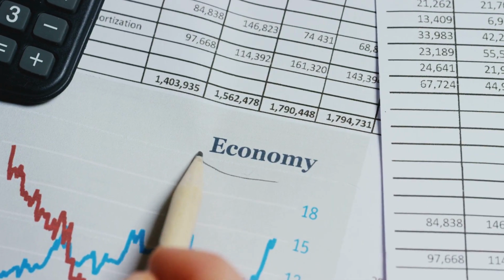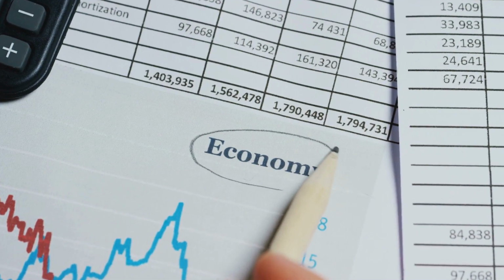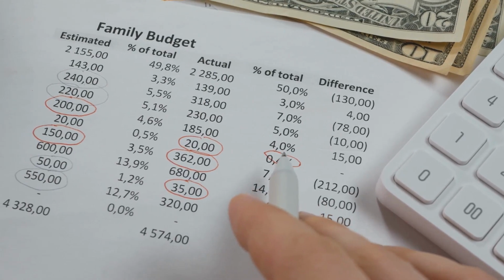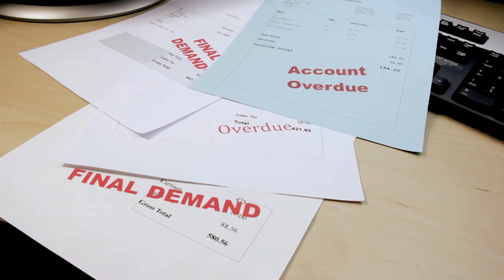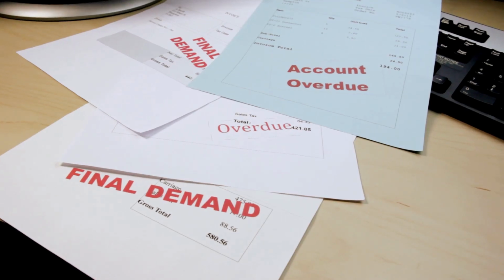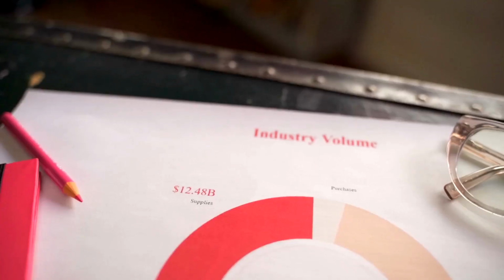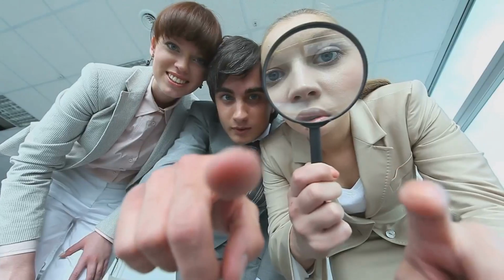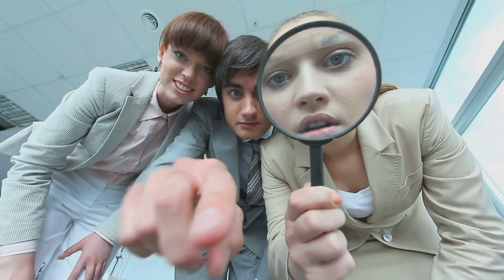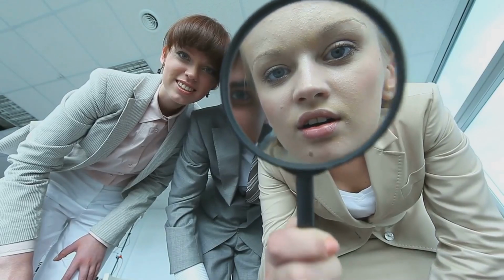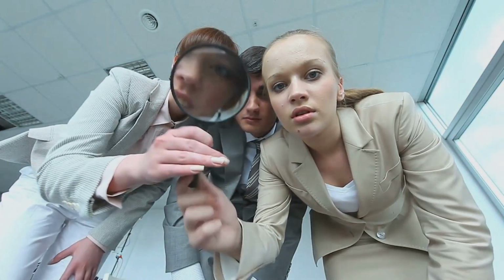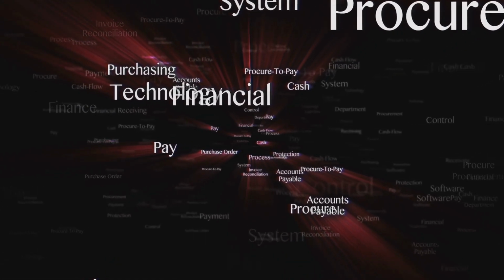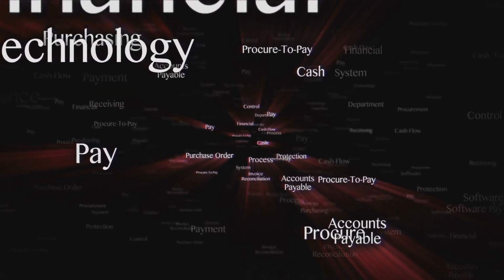Several red flags can indicate potential fraud in the acquisition and payment cycle. These include unexplained variances between actual expenditures and budgeted amounts, transactions with vendors lacking proper documentation or approvals, and significant increases in purchases from new or unknown vendors. Auditors are trained to be skeptical and to consider the possibility of fraud when designing and performing audit procedures. They employ a combination of techniques to detect fraud, including analytical procedures, tests of controls, and substantive procedures.